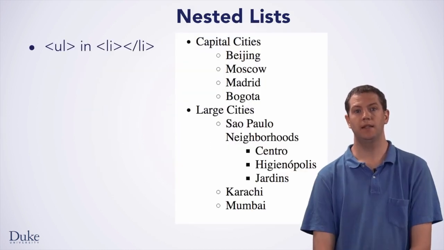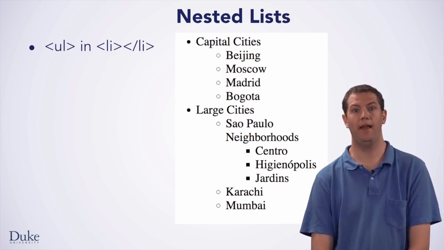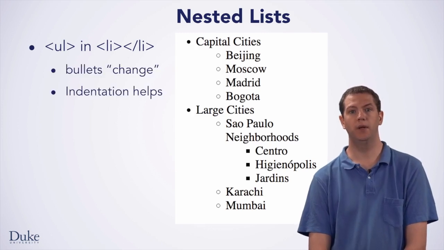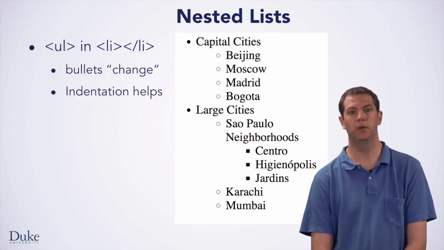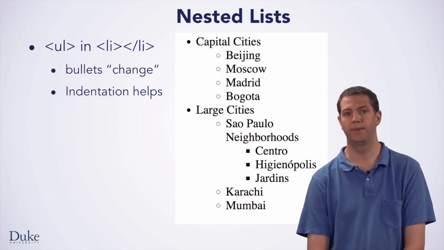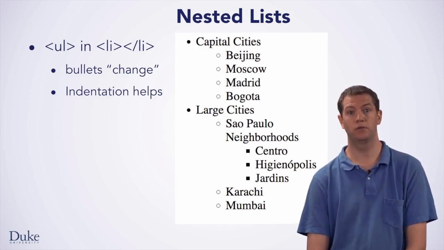You can make a nested list, such as this one, by placing a UL tag, which describes the inner list, inside of the LI tag for one of the items in the outer list. Notice how the bullets for the inner list are different from the bullets for the outer list, as well as how the inner list is indented more deeply. These features both help whoever is reading the web page visually distinguish the content in the outer and inner lists,